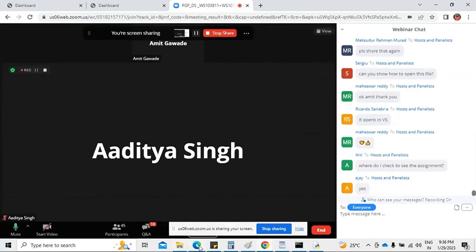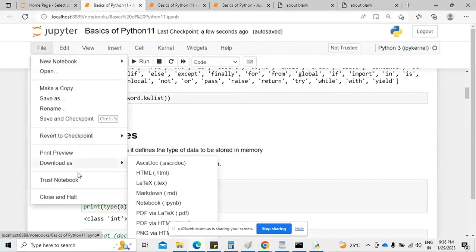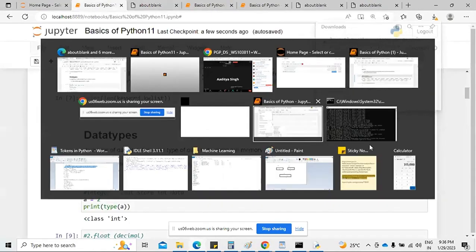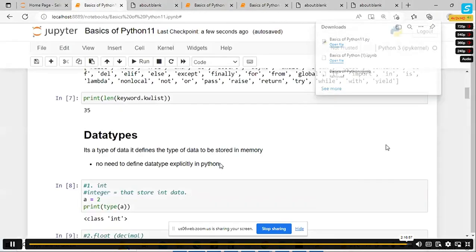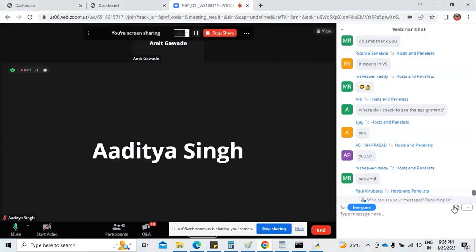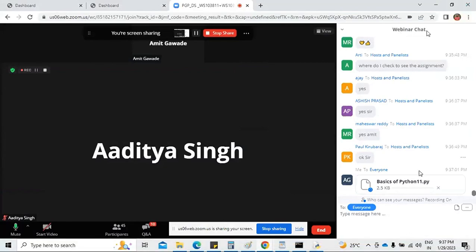Okay, so if you want to open it in Visual Studio, then let me download it as a Python file also for you. Okay, now it will be there. So now let me just upload. Now this Python file you can upload in the Jupyter Visual Code, and then you will see that particular